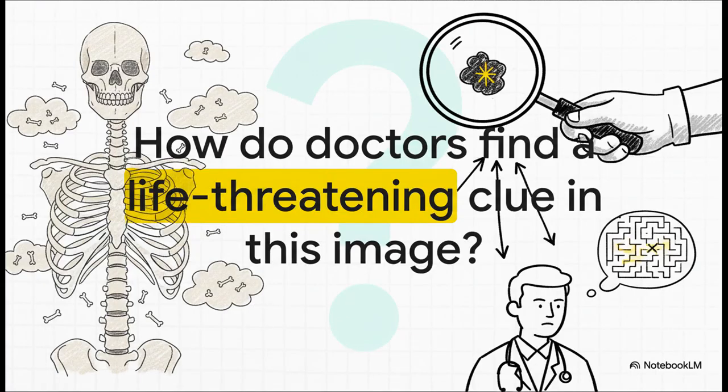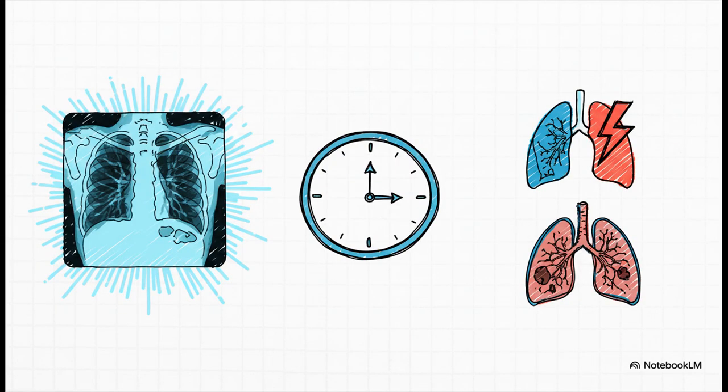So that's the big question, isn't it? How does a doctor look at this haze of shadows and bones and manage to spot that one tiny detail that could literally mean the difference between life and death? I mean, what a challenge. Because while the chest x-ray is an unbelievably powerful tool, the stakes couldn't be higher. Missing one subtle little sign could mean a delayed diagnosis for something really serious, like a collapsed lung or a